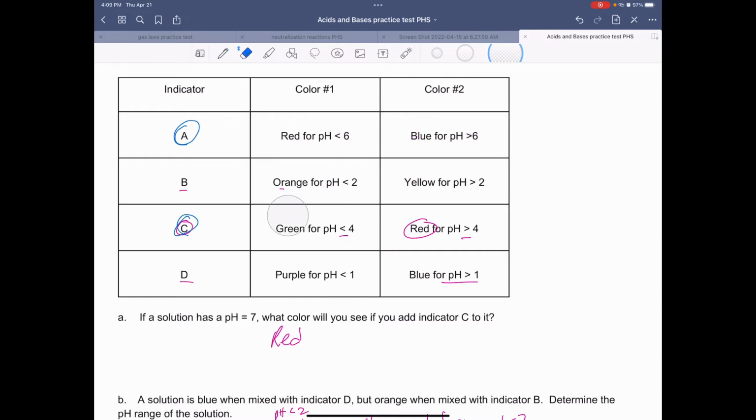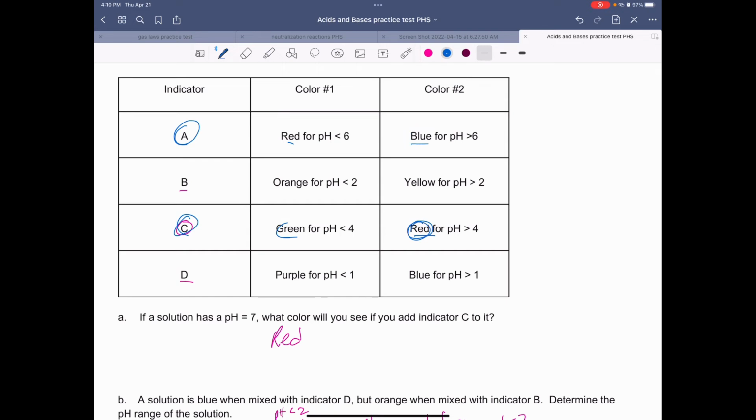So let me just erase some of this. Okay. So this is red, this is blue. So A can turn red or blue, and C can turn green or red. So what combination would be purple? Well, purple's red and blue, right? So it can't be green, so we got to get the red from here, which means we have to get